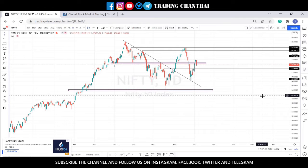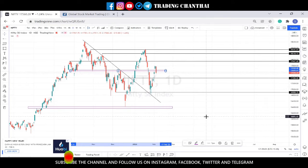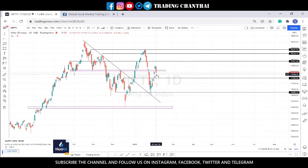So guys, this is the Nifty Daily Chart, and as you can see, today there was a bearish candle on the chart. This resistance zone was acting as a good resistance before, and I have been mentioning this throughout my videos, and I thought yesterday it had been broken with a good gap up, and the market sustained that zone. But today, to my surprise, we opened a little bit gap down, and this zone has been broken down. But still, I'm not looking at anything bearish on Nifty, because there was a small support at around